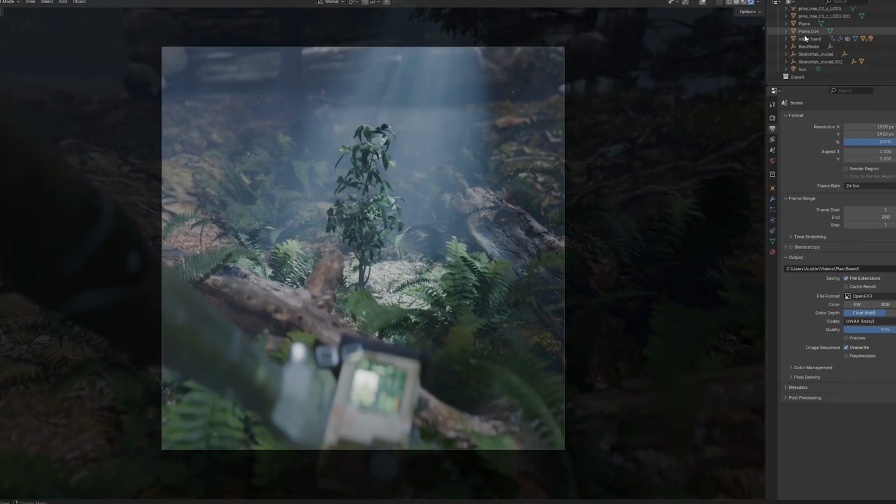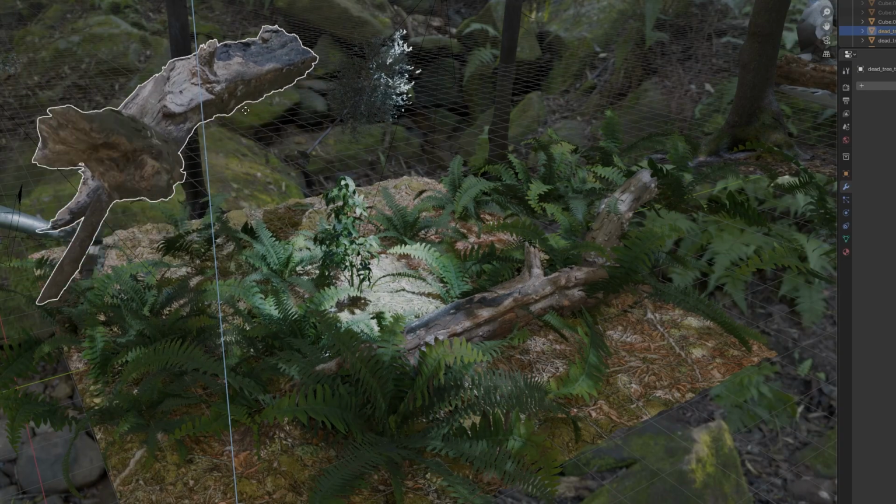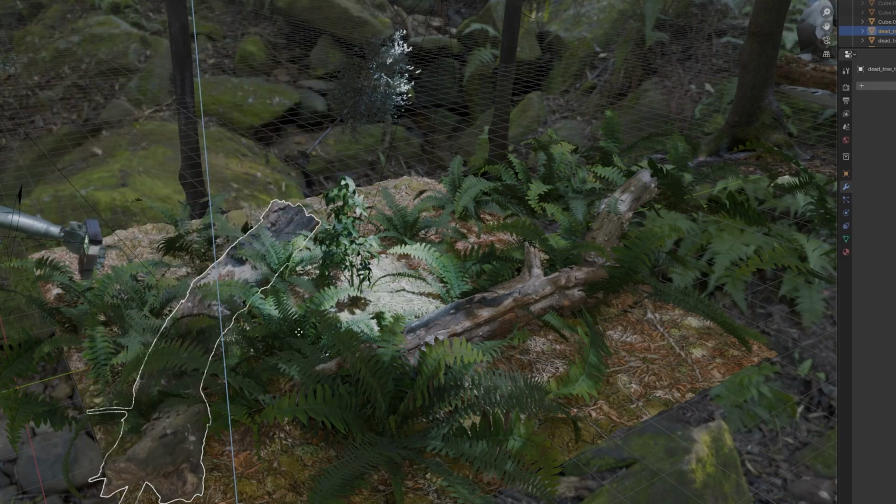I got my camera and composition ready. I knew I wanted to make the main plant the focus in the middle and the leading lines pointing to the center. So I got some dead tree trunks to point towards the middle of the frame to lead the